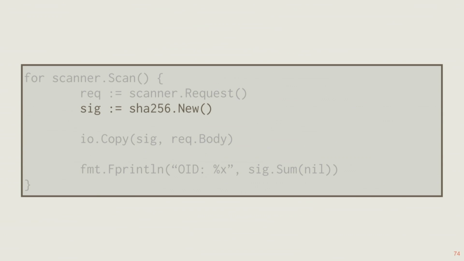And the nice thing about this type is that it can accept any amount of data at once. So we can use small buffers of about 500 bytes and not buffer the entire data up front. We then copy from the request body, which is the file's contents, into the signature calculation. And what's great about this is we're converting between a couple of different mediums. We're going from the packet line protocol up to the raw bytes and then back down into the signature. And all of this is transparently abstracted behind this one line of code. And once we're done with that, we can ask the signature for the sum, and it'll print out the SHA-256